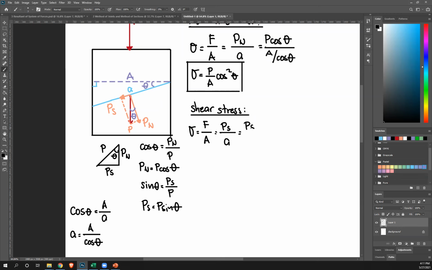So PS, P sine theta over, again, A is just capital A over cosine theta. Simplifying, we get P over A sine theta cosine theta. Now, to simplify this, recall in your math class,